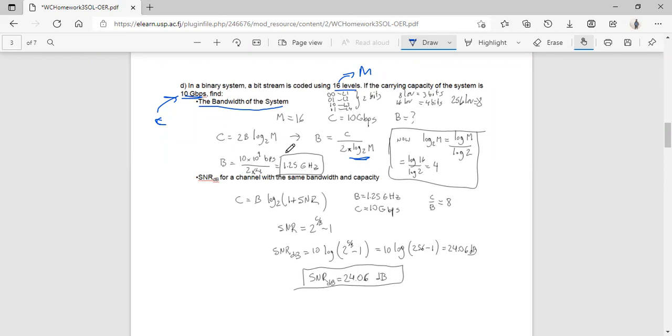Taking this 2 and bringing it over here, and log of 16 of base 2 is basically equivalent to 4, right? That has been evaluated over here. Directly substituting the values, our bandwidth is basically equivalent to